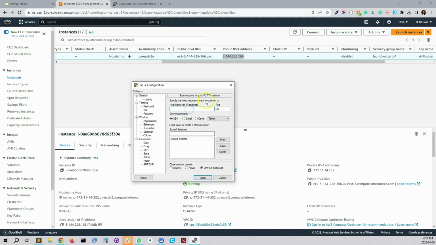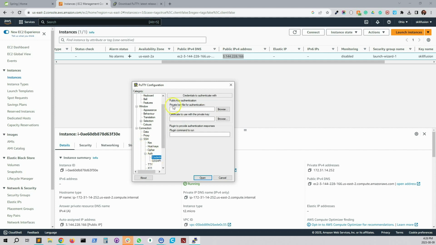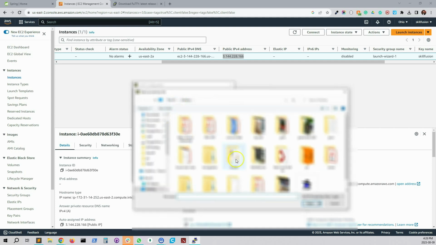and then open it here, paste it here, and then we also have to show the PPK file. For that we will expand SSH, and I will also expand Auth, then click on Credentials, and here we will show our PPK file. So we click on that. It's stored on our desktop,